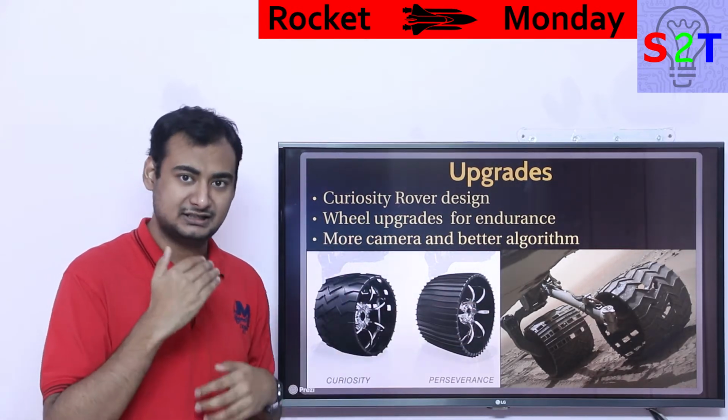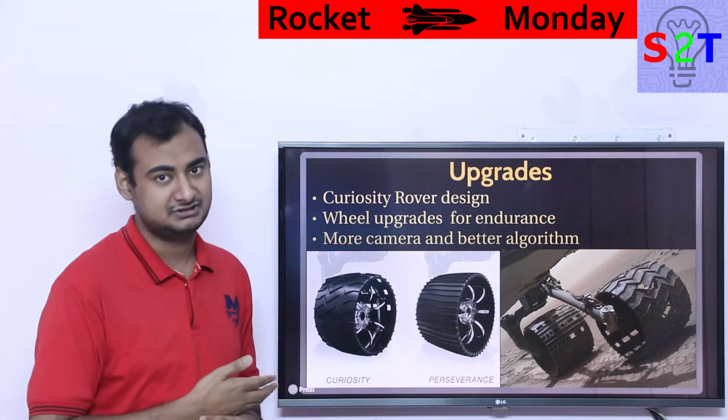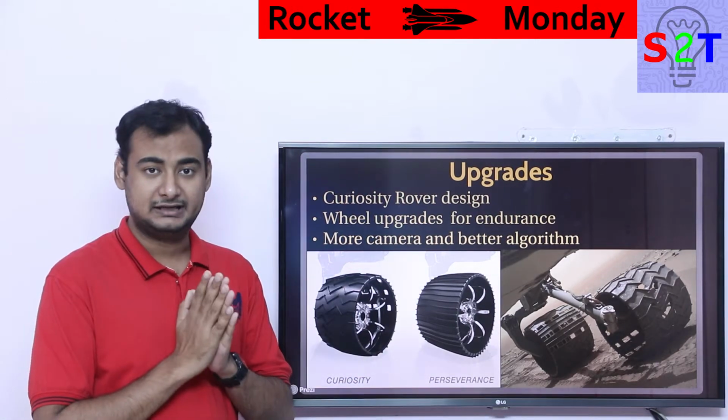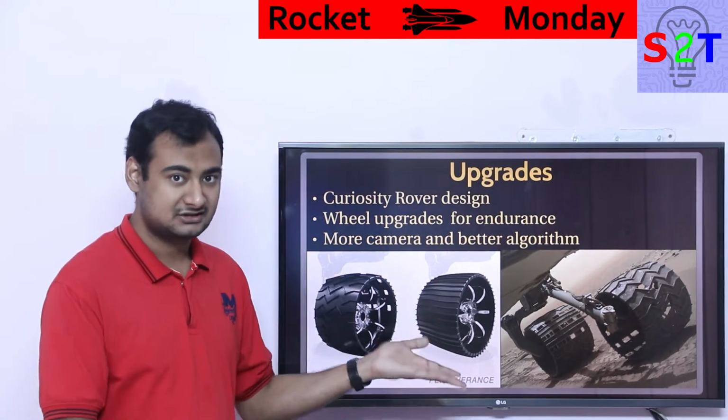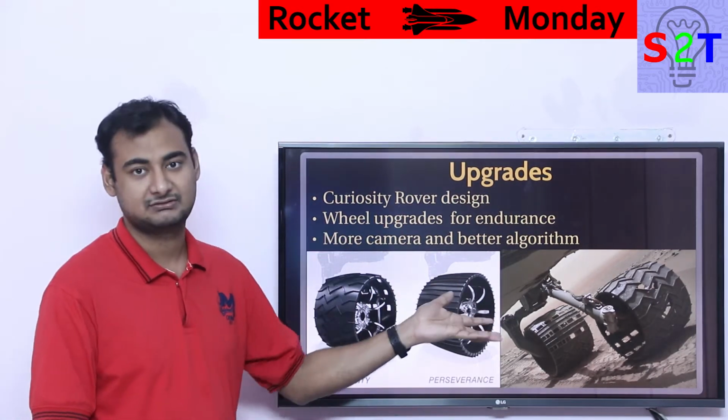You can't do much. And NASA had to save money and invest in more payloads rather than designing the rover itself again. They take that design. That design had almost everything tested out. Again, we have actual experience, but it had one severe flaw that we realized afterwards, that because of high inertia